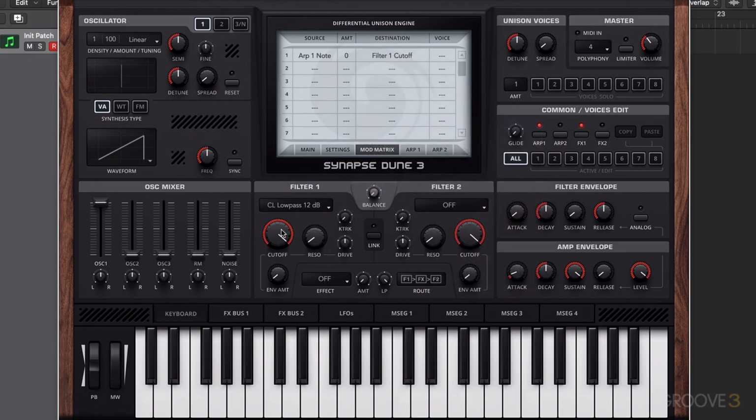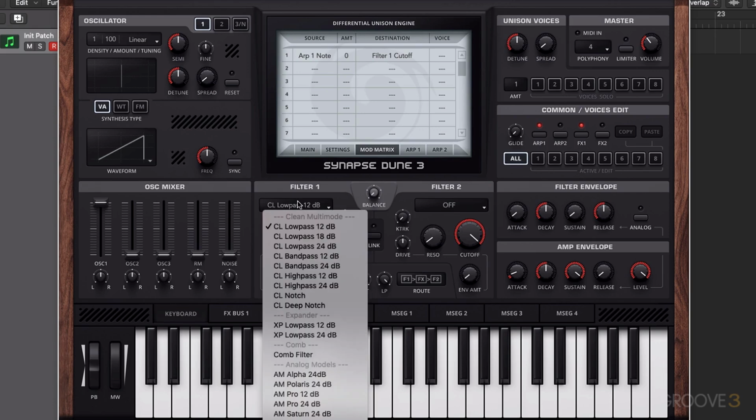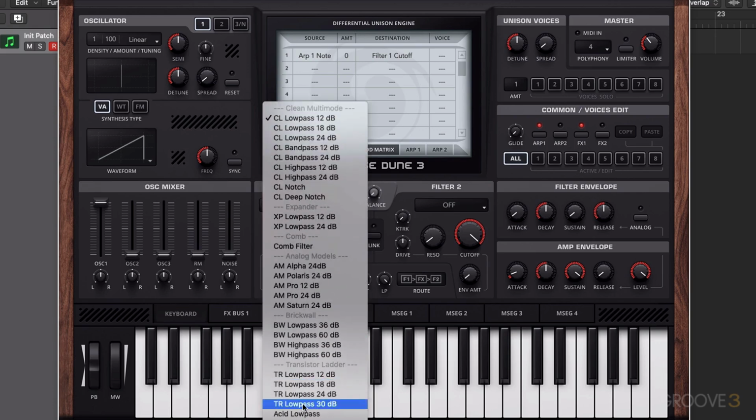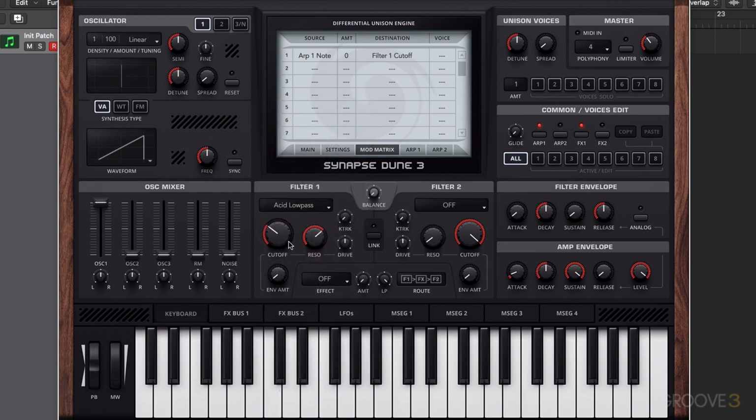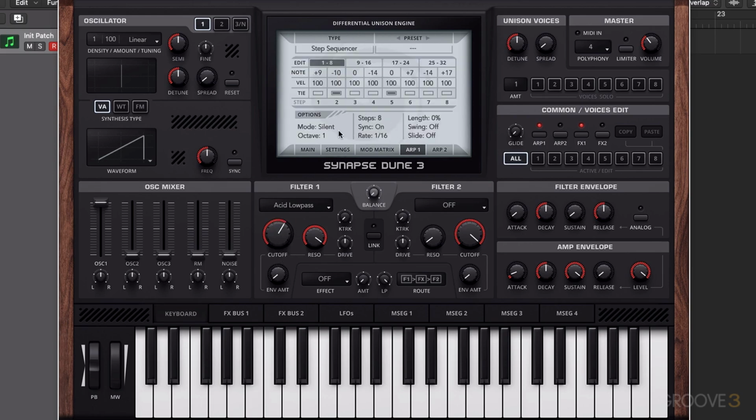Let's choose filter cutoff again. Let's bring the resonance up. I'm going to use this acid low pass setting because this is quite a good one to really hear this. So now we're not actually hearing any of the sound from the arpeggiator in terms of the notes. We're just using that as a modulation source,